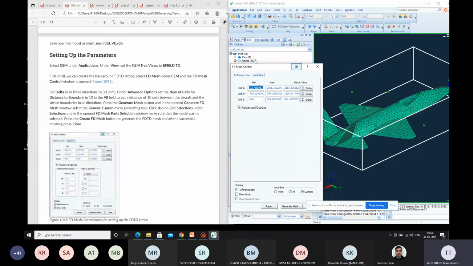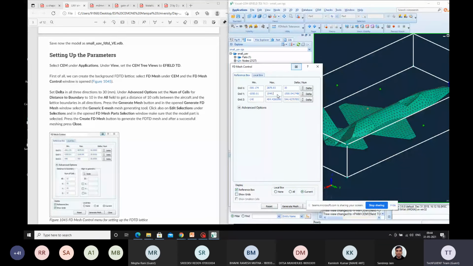So minus 300. I'll utilize the same grid, whatever has been specified for this. It's always about the approximation. Okay, you are creating a boundary box for your UAV.